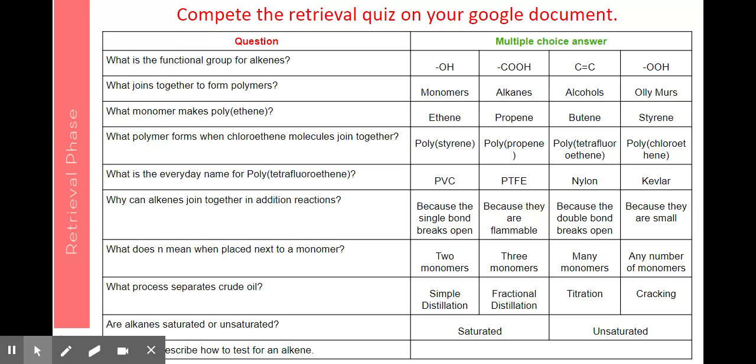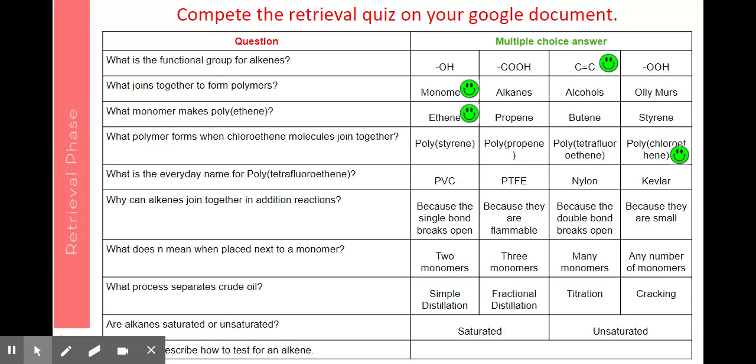Okay, so let's look at the answers. The functional group for alkenes should have been the C-C double bond. Monomers joined together to make polymers. The monomer used to make polyethene must have been ethene. The polymer that forms from chloroethene, where you just put poly in front,